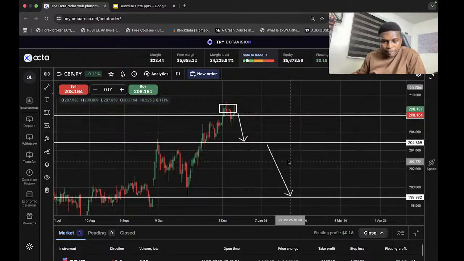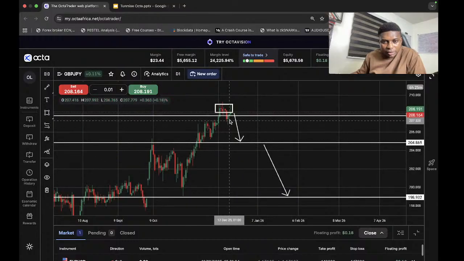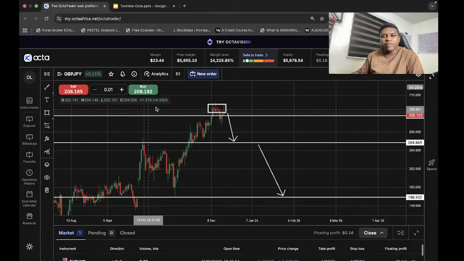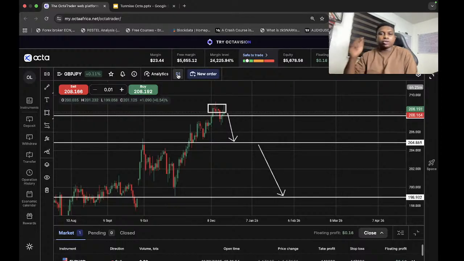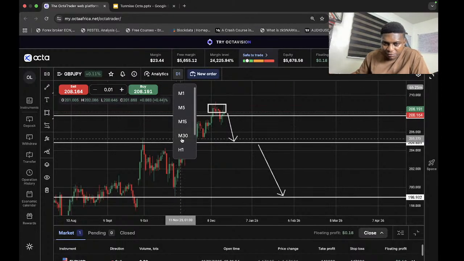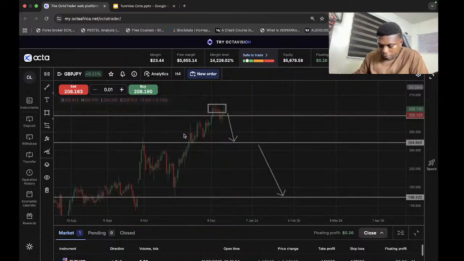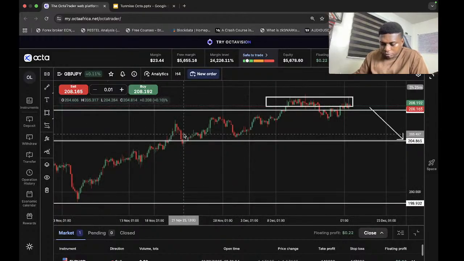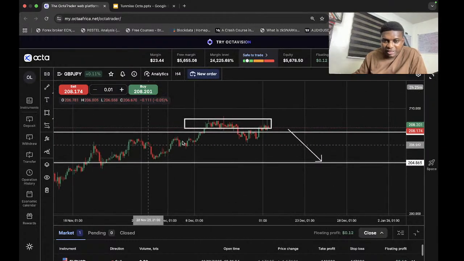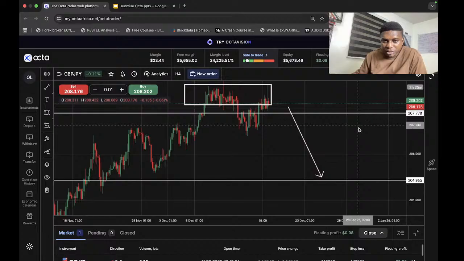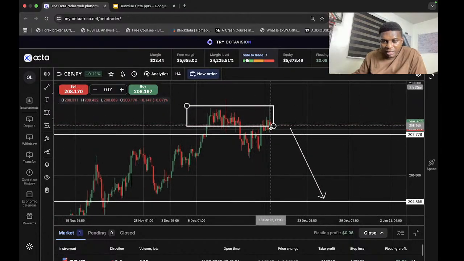So what are we envisaging here? We are looking at a potential drop in price. So let's go down to the 4 hours time frame. Now you look at it on the 4 hours time frame, it's even much clearer how price has been